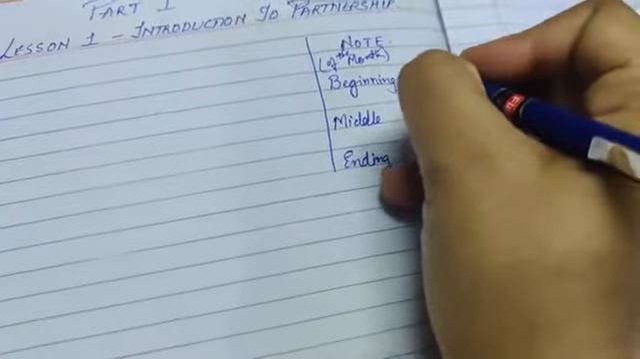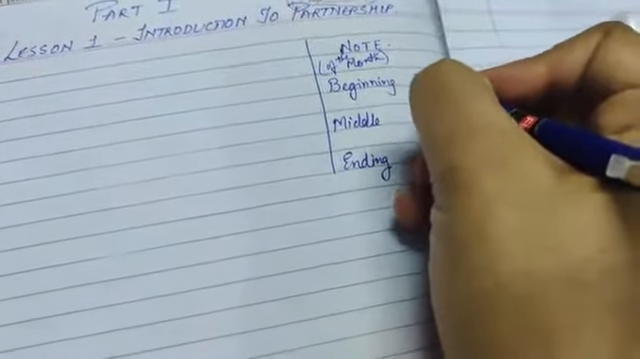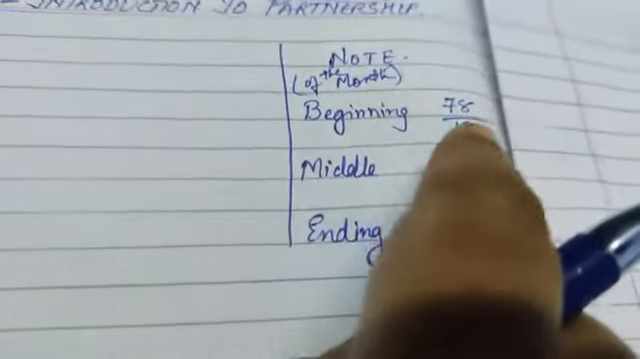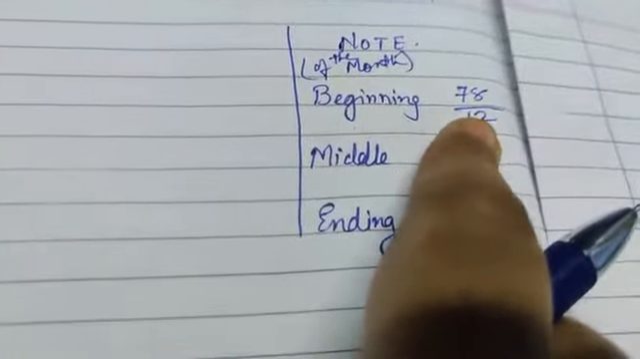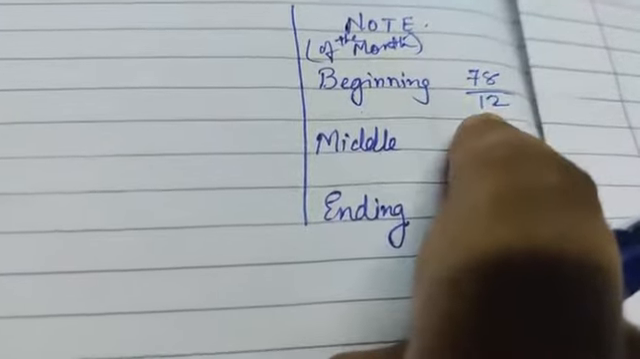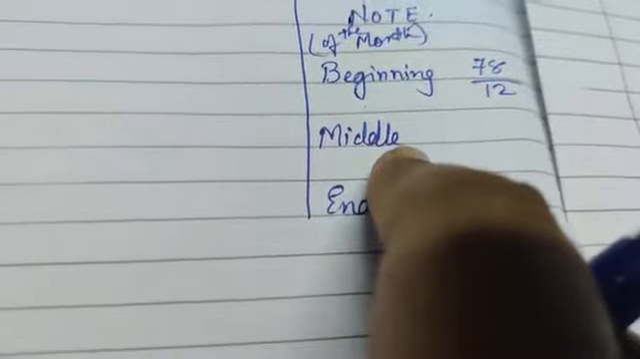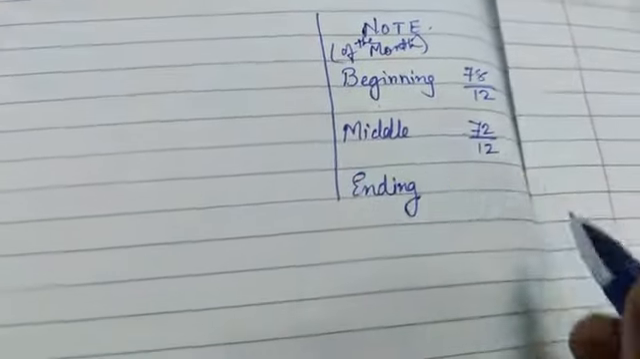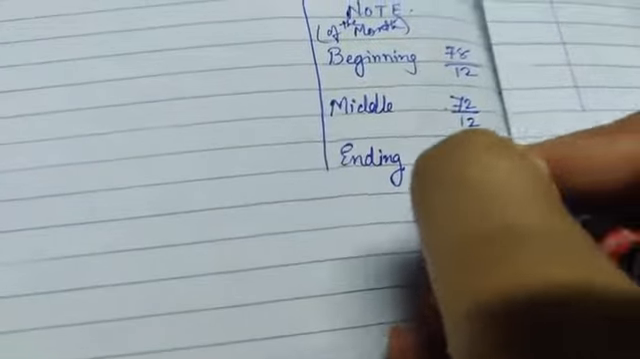you have to take 78 upon 12. Remember this. The first number you have to remember is, for the beginning of the month, the number of periods you will be taking for the calculation is 78 upon 12. Then for the middle of the month, just reduce 6, that is 78 minus 6, you will be getting 72 upon 12. Again for the ending of the month, again minus 6, 72 minus 6 you will get 66 upon